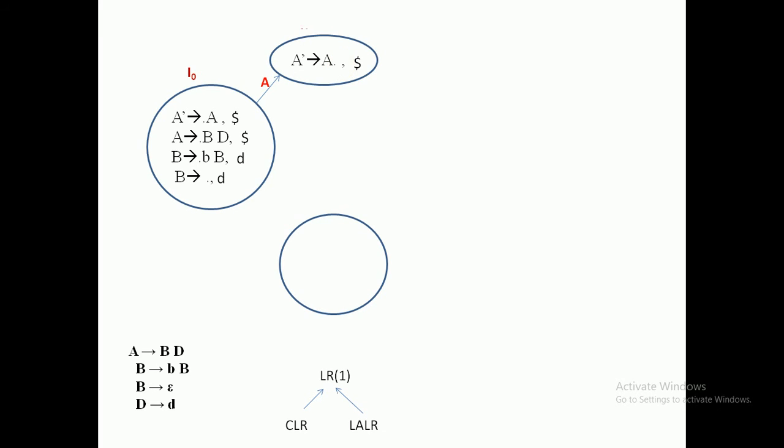Now after this dot, any non-terminal? No non-terminal, so simply you have to consider it as one item set, I1. And this is reduced, where is it reducing? Capital E is reduced to the A dash. A dash is an augmented symbol. Augmented symbol reduction is also called accept. Simply you have to put the accept. The state becomes an accept state.